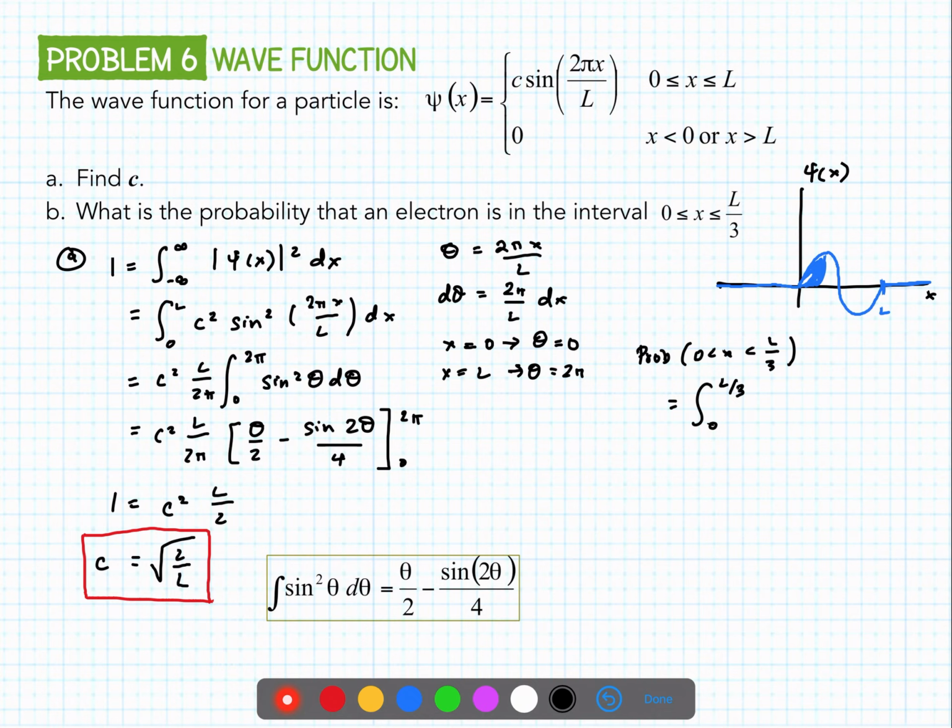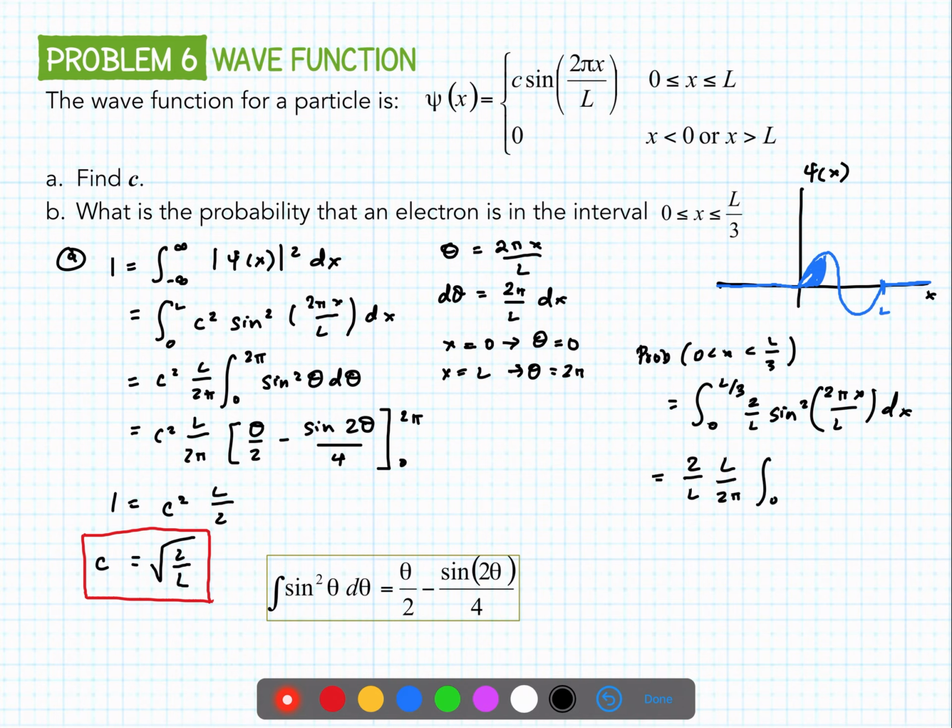So in this case, since we know what c squared is, we'll end up with 2 over L sine squared 2 pi x over L dx. Now this is essentially the same integral. We're just pulling out this 2 over L, and then we do the same u substitution. So you have L over 2 pi,